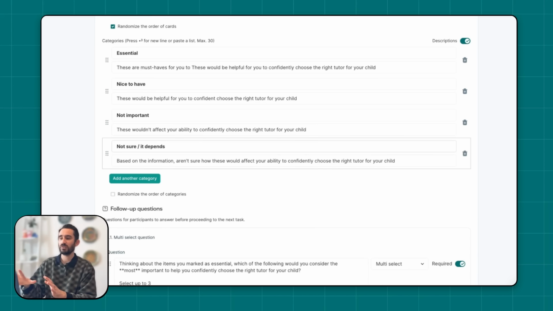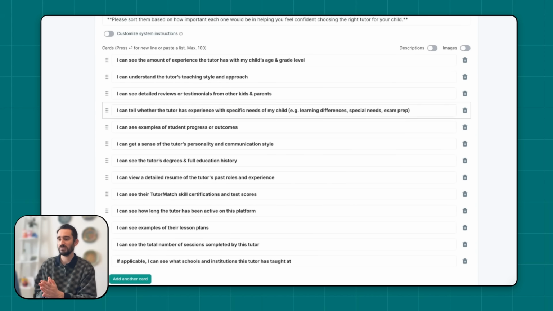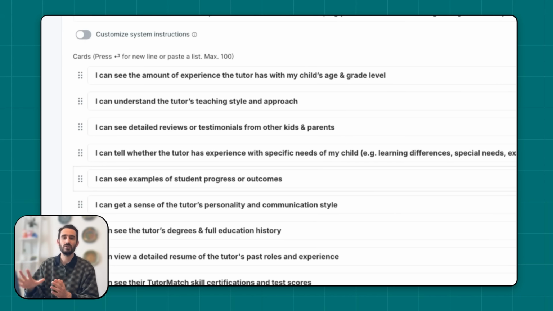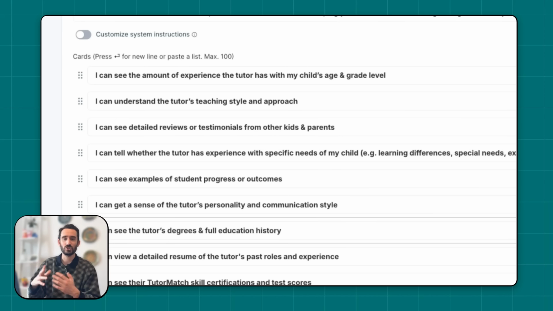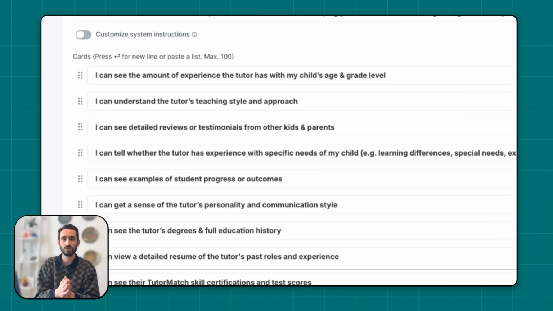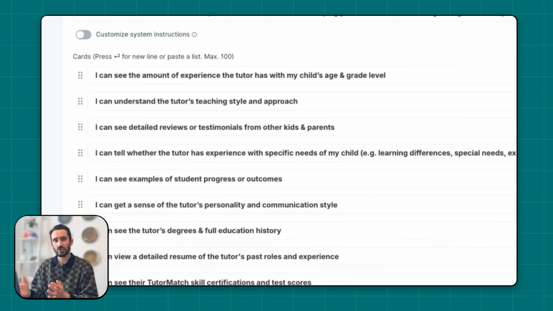These represent the different ideas that the TutorMatch team has come up with for improving tutor profiles. Now, you're going to notice that these are not written out as straightforward features like search, filter, chat. Each of these cards starts with "I can," and that's intentional. It frames each of these cards or items as a need or a capability instead of jumping straight into a specific solution. So, for example, you'll see a card that says, "I can see the amount of experience